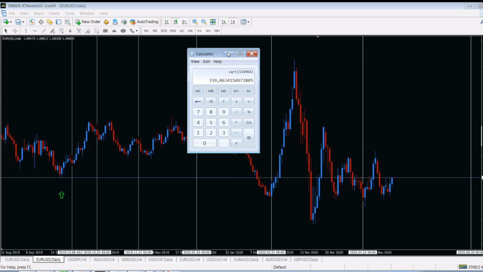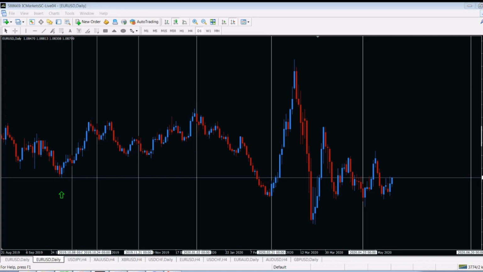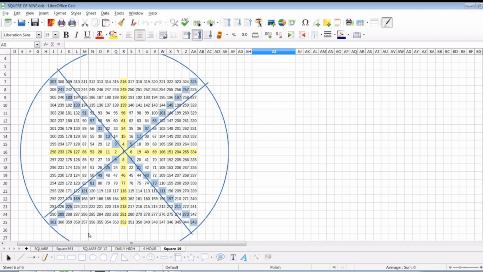So let's have a look at the square of 9. We've got two values, 326, which is over here. I mark it, 326. And the other one, we've got 339.06, so it's nearly 339. It's over here, just at the beginning of 339. What I wanted to show you,